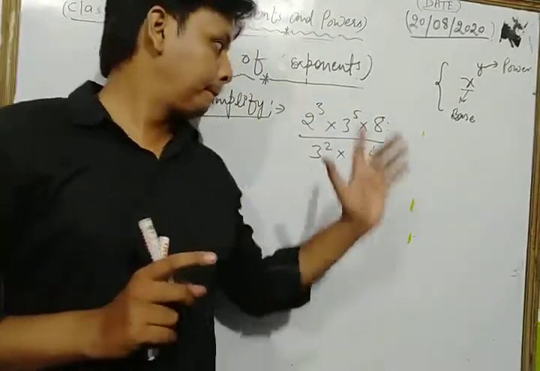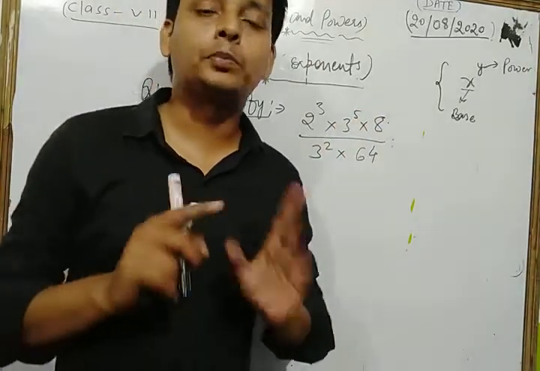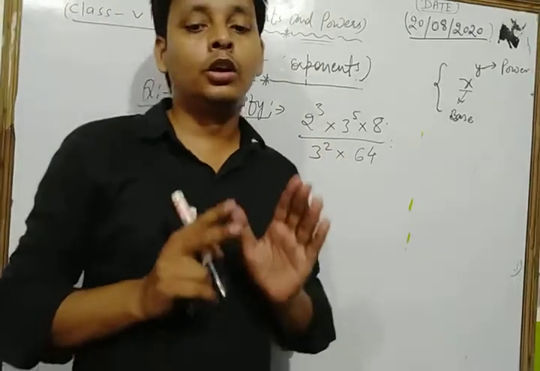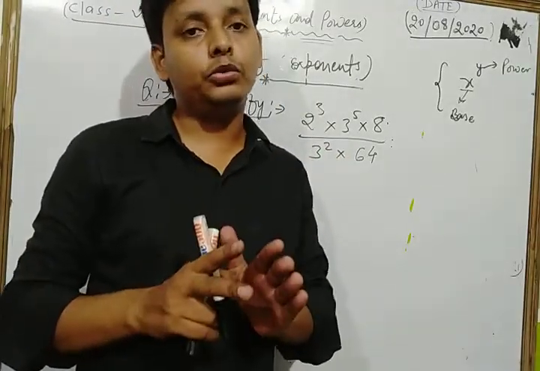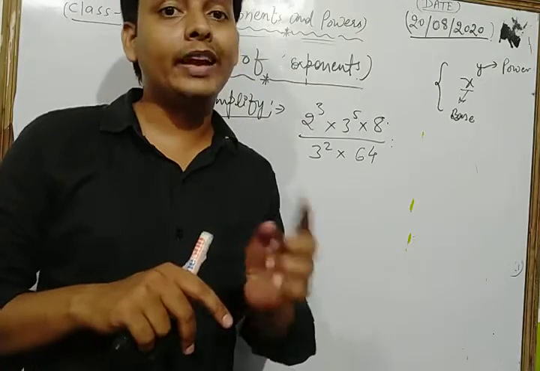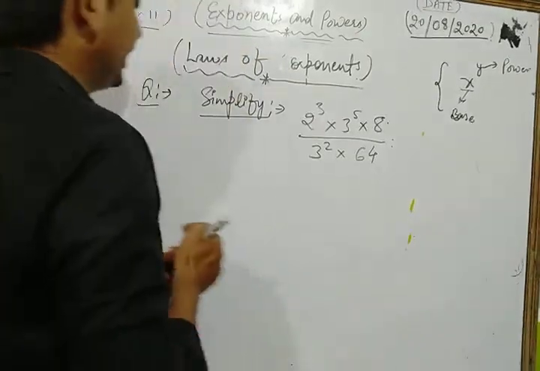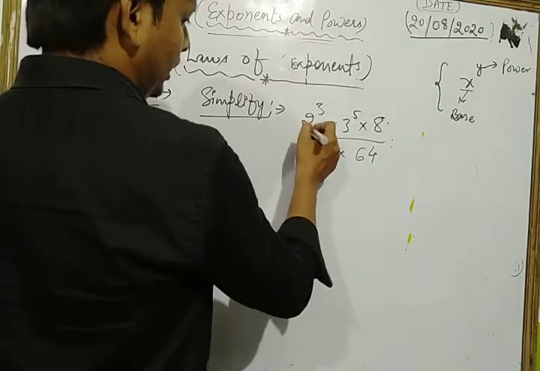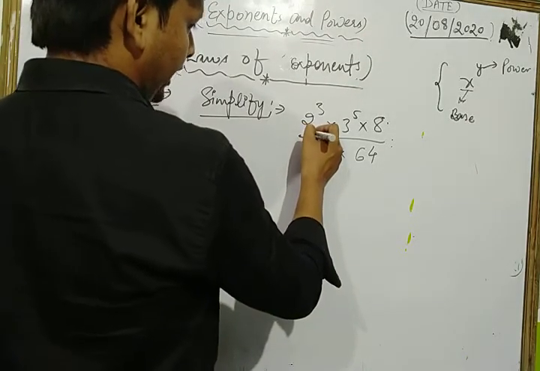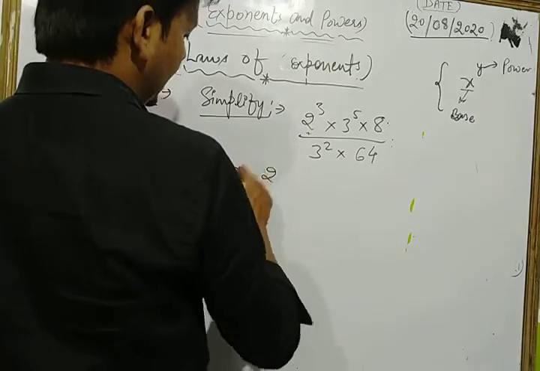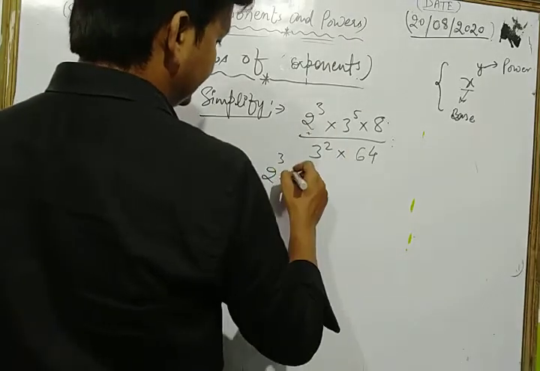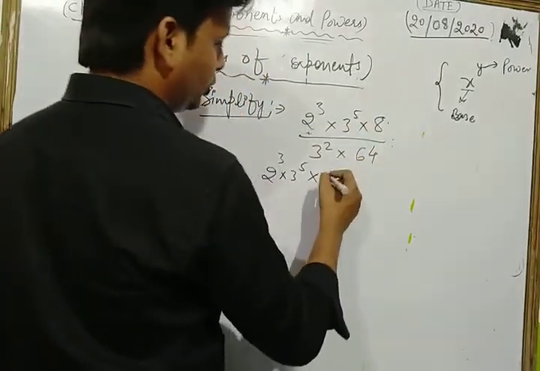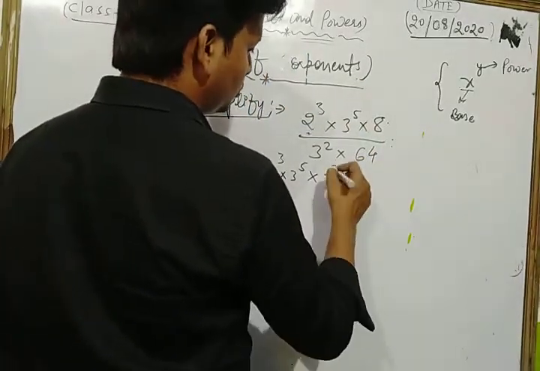we convert each value in exponent form. In that type of questions, dear students, first you convert each value in the form of exponent. So dear student, we write as what? Let's see its solution. This is already in exponent form, so we write as it is as 2 to the power 3. We write as it is as 3 to the power 5, but we can write 8 as 2 into 2 into 2, that is 2 to the power 3.